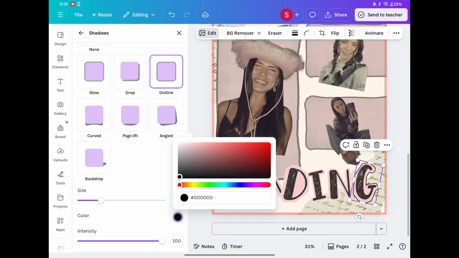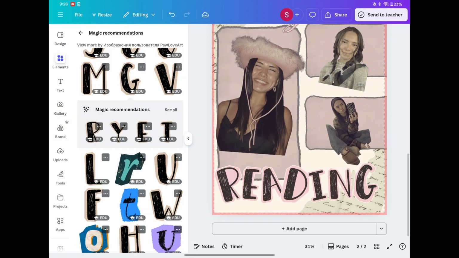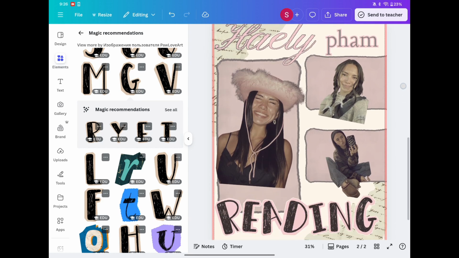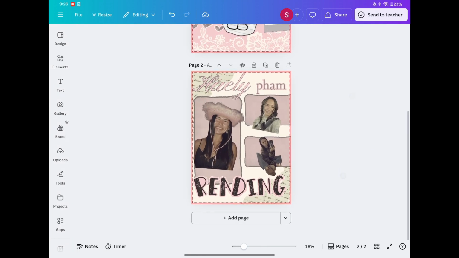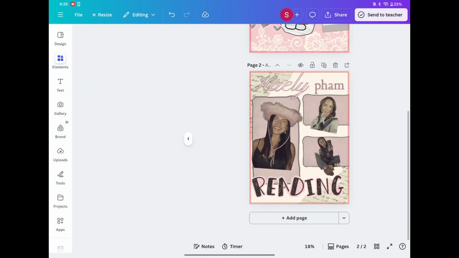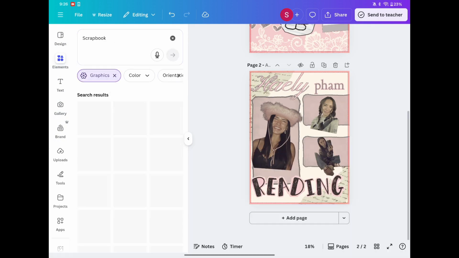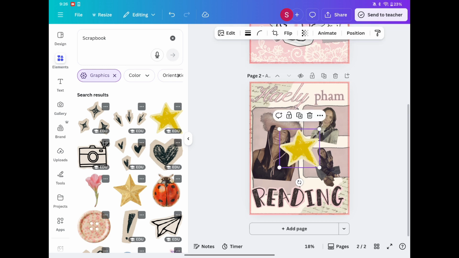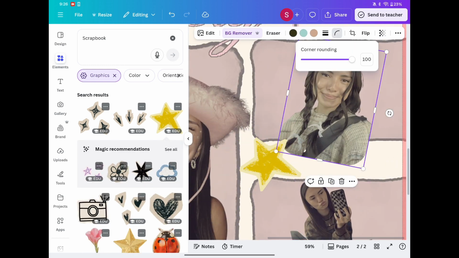And I accidentally stopped while I was screen recording. I accidentally stopped the screen recording and freaked out, but then I kept on going because my sister started talking to me, so I paused it, and then I accidentally ended it whenever I came back. So that was not fun. I was like, oh my gosh, I just ruined my own video. But no, because I was actually liking the way this design looked,